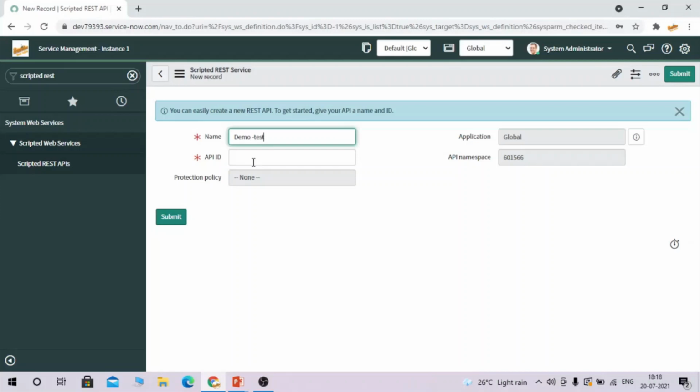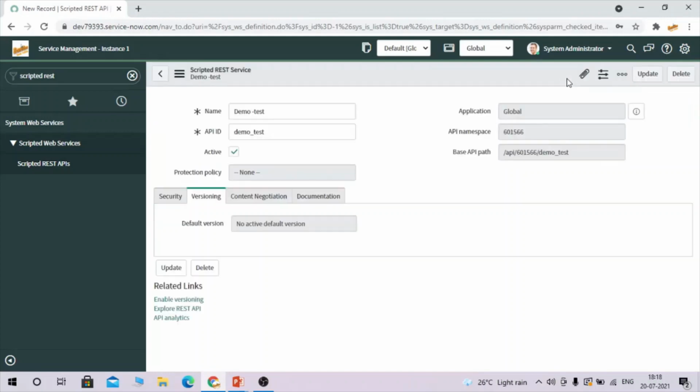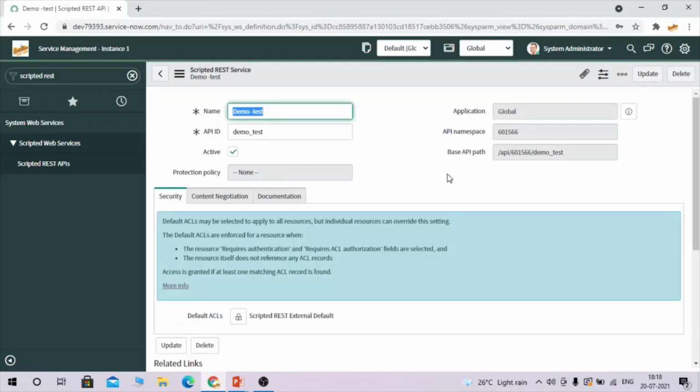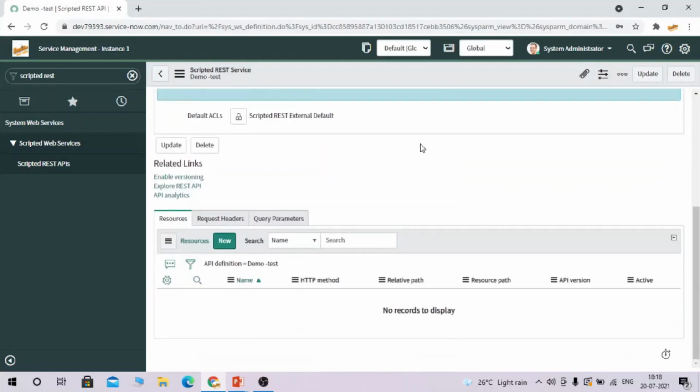Okay, and the API ID will be populated automatically. I'm going to save it and we'll start creating resources. Okay, so let's create a resource.